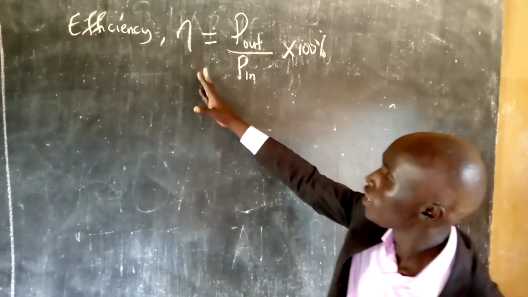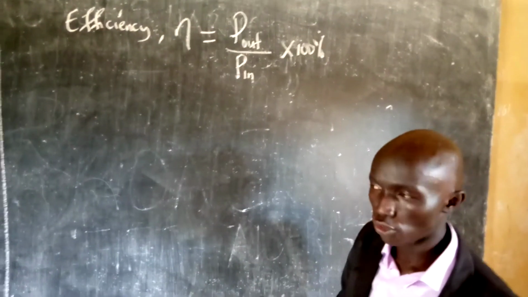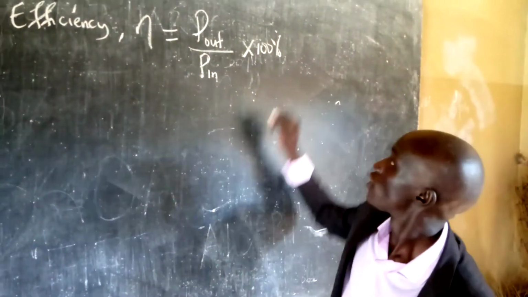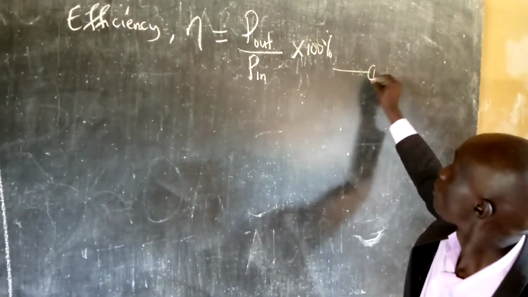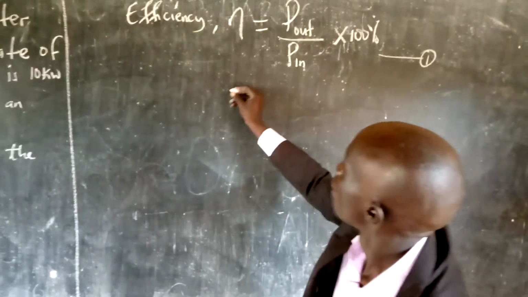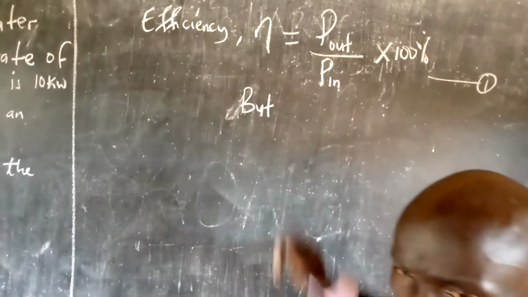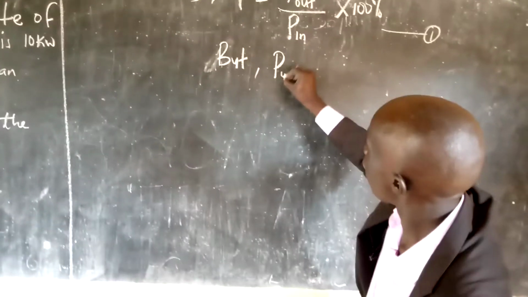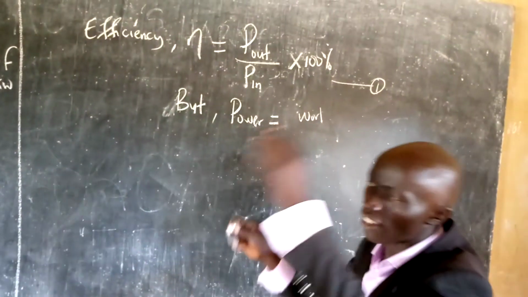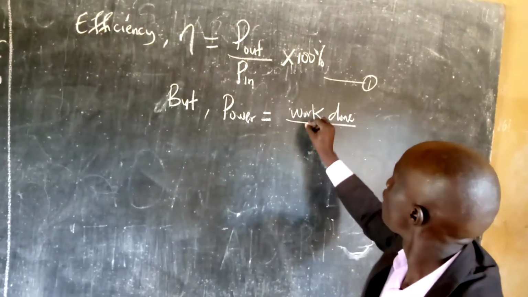Now for a turbine, you are going to derive an expression for the power input. I'm going to derive it for you because I don't want you to cram. When you understand where it comes from, you can easily understand it. So let's call this equation 1. Under power output, let's derive the formula. Please follow me very well. Power is equal to the work done, since I defined power as the rate of doing work. So power is work done divided by the time taken.